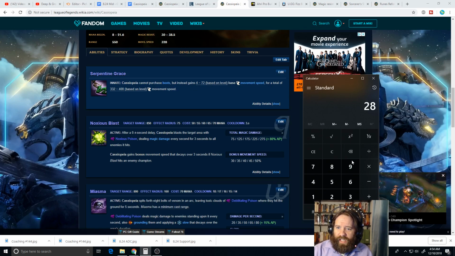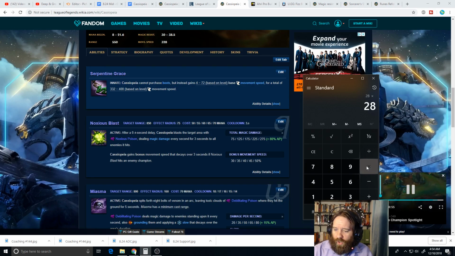Well, 35 AP is going to be valued at 21.75 gold each. So that's going to be a 609. You're going to have to devote 609 gold worth of resources in order to get that same kind of effect, in order to get that extra 26 damage here. Right, so you need 609 gold. But